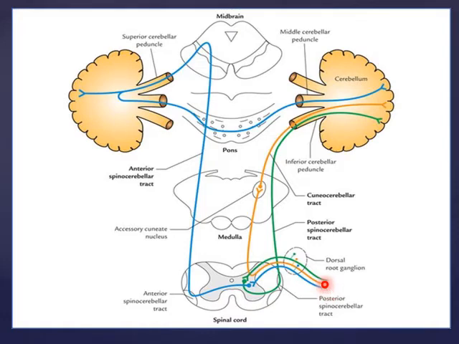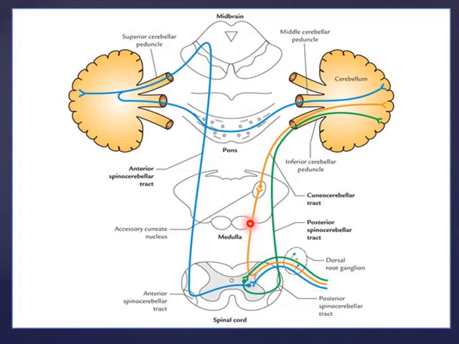And then the cuneocerebellar tract: if the level is higher up, for example from your trunk area, from your thorax, the fibers won't go through the posterior spinocerebellar tract, they would go through the cuneocerebellar tract. The first order neuron still lies in the dorsal root ganglion. The second order neuron, however, does not synapse on the nucleus of Clarke since it's not available over there.